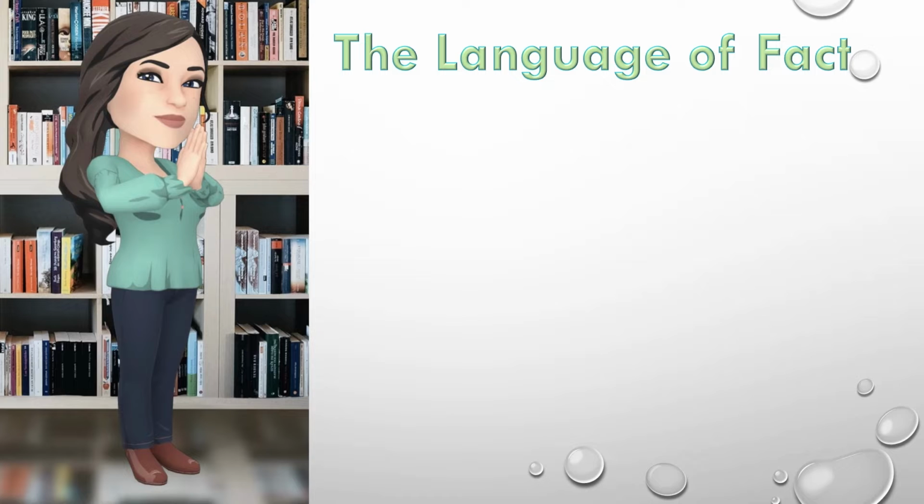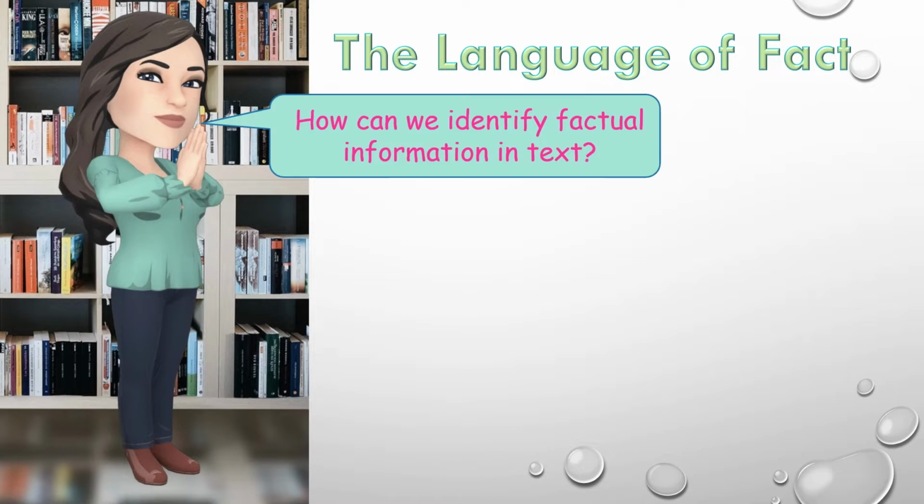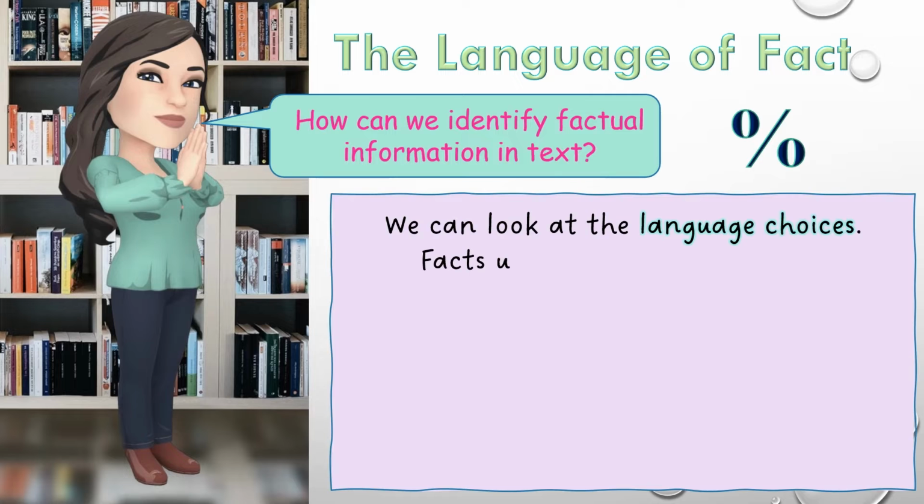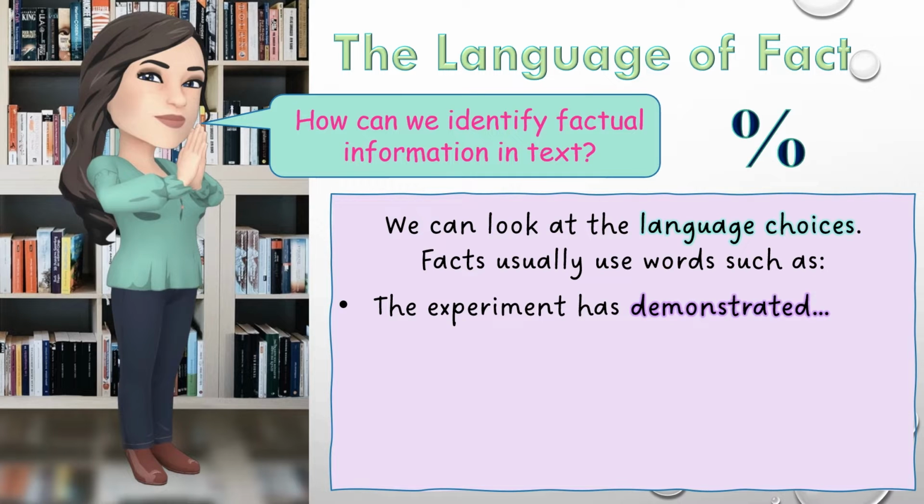The reading paper requires you to identify the language of fact. But how can we identify factual information in text? Well, we can look for statistics or numerical information, which are usually factual, or we can look at the language choices. Facts usually use words such as, the experiment has demonstrated,